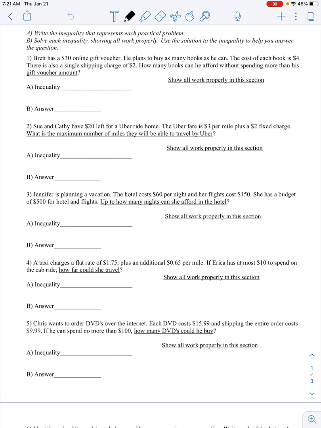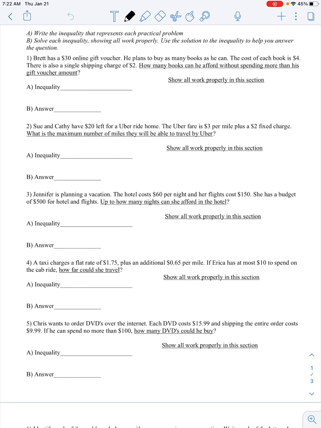Alright, so instructions for our first section here are, we want to write an inequality that represents each practical problem or real world problem that we can see with inequalities. So part A is to write the inequality, and part B is to solve the inequality, showing all your steps. Need to show all your steps always. And then we use the solution to help us answer the question. So for the first one here,